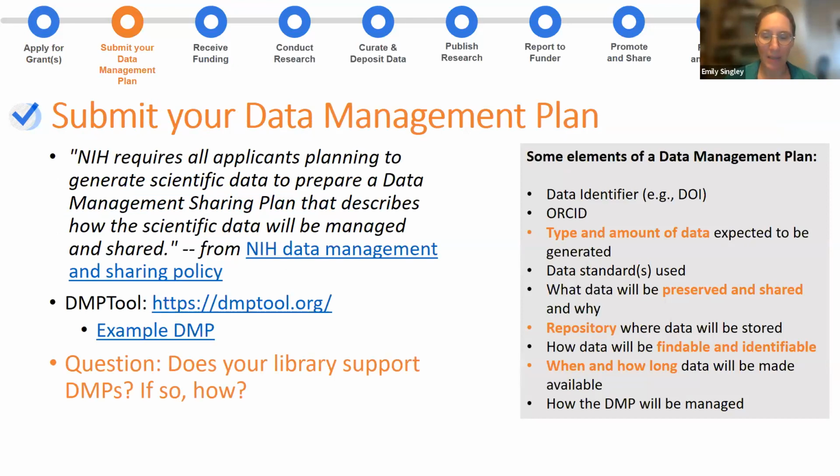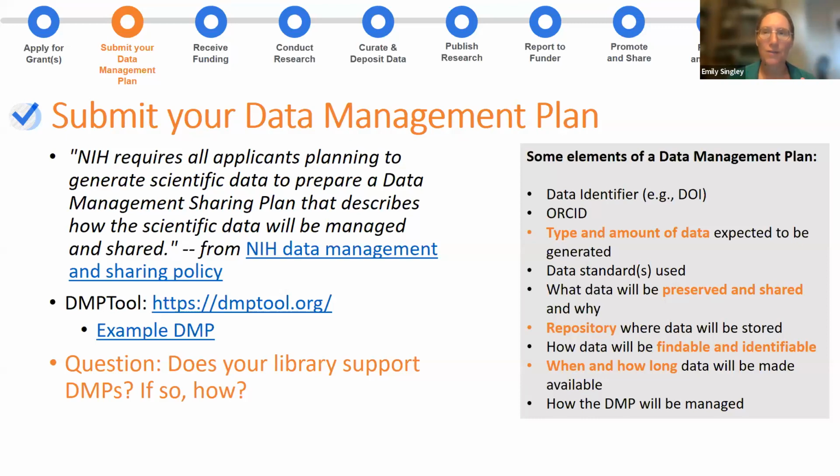So a data management plan is basically a document that spells out how you're going to organize your data, where you're going to store it, how you're going to preserve it, and if and when you're going to deaccession it. So it's a really good thing to have on hand.